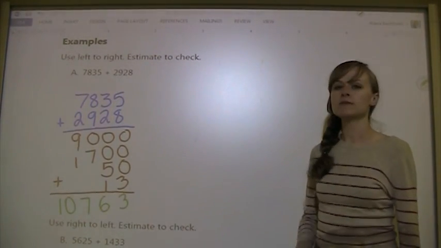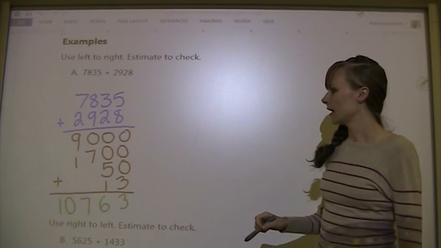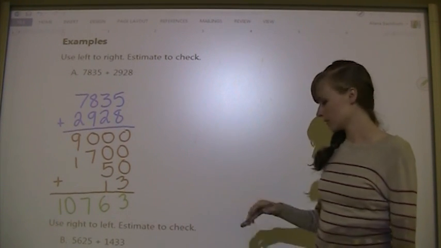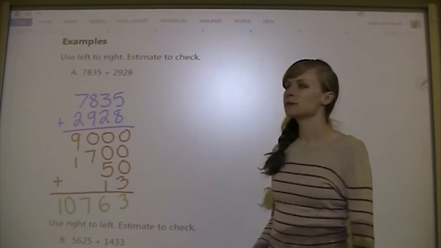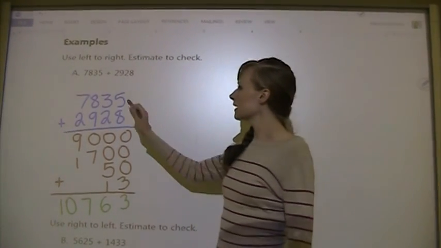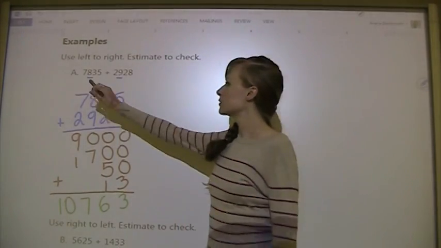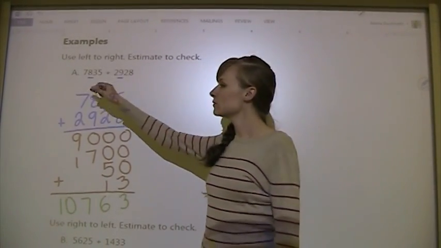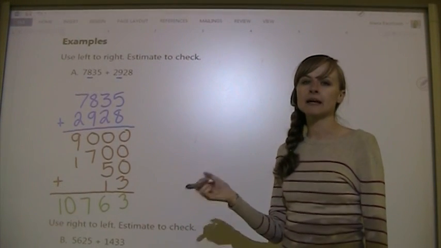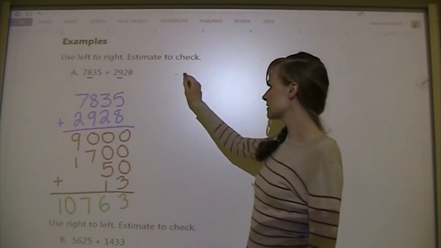Okay, if you have not done the estimation and you're not sure what to do, then I will show you. So remember that's rounding. And we are going to round just to the closest 100, how about, for each number, and then add that together. So we've got 7, or we've got an 8, we have a 3 next door. That means that it's 4 or less, and we let it rest. So we end up with